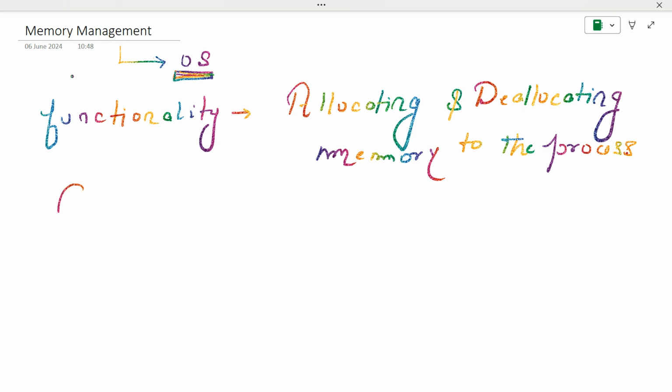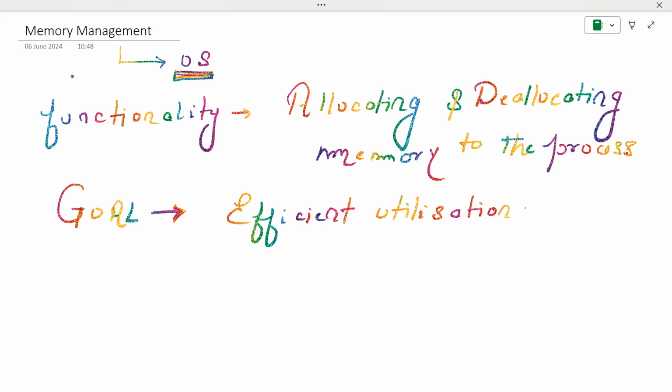Now why does the OS come into the picture? The goal is proper memory management, or you can say efficient utilization of memory. When we want to utilize the memory efficiently, for this we need to follow